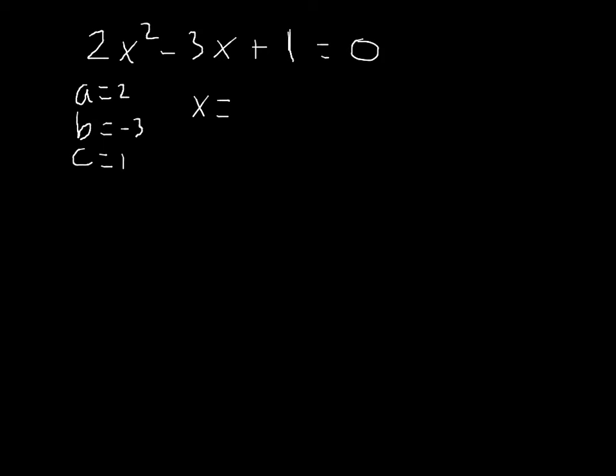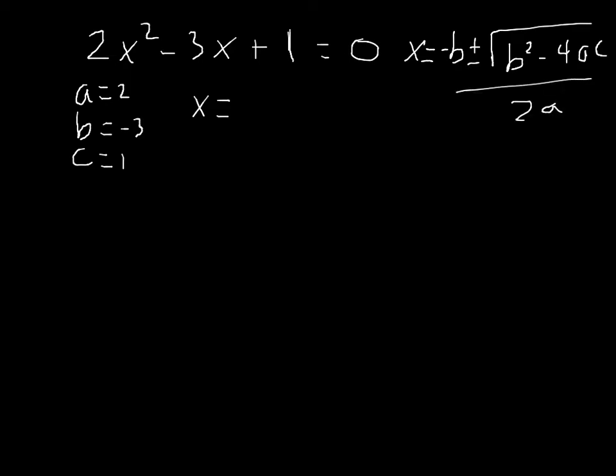When reviewing the quadratic formula with students, in this lesson I'm focused on the order of operations to be able to simplify the quadratic formula. So the quadratic formula is x equals the opposite of b plus or minus the square root of b squared minus 4ac, all over 2a. I go ahead and go over the substitutions with them because